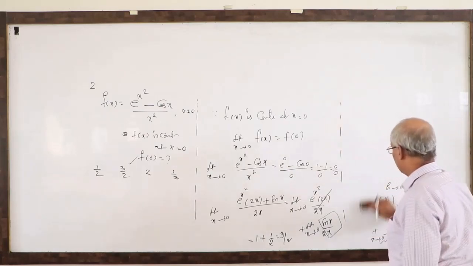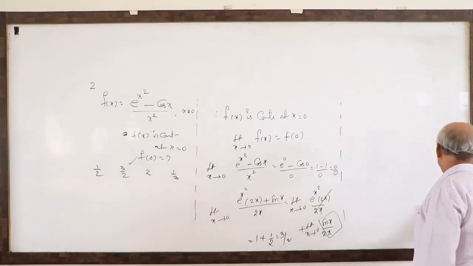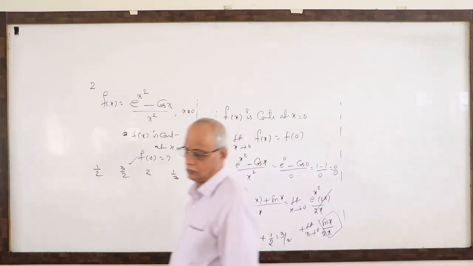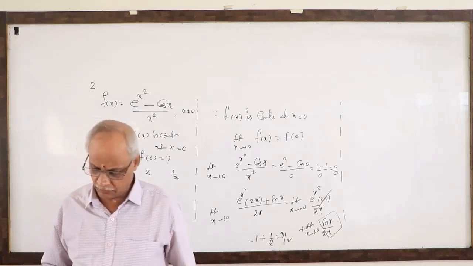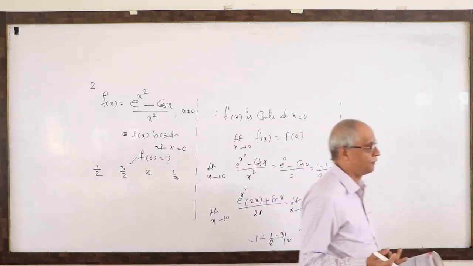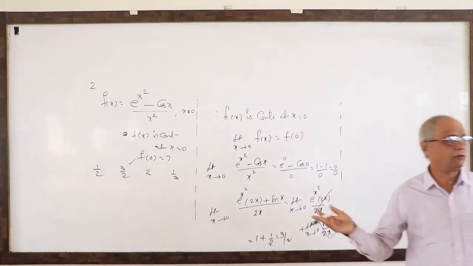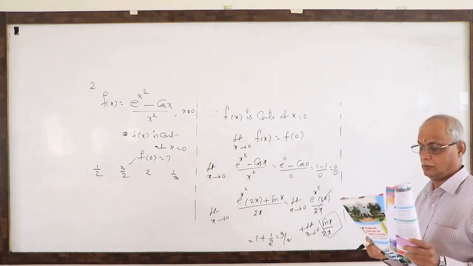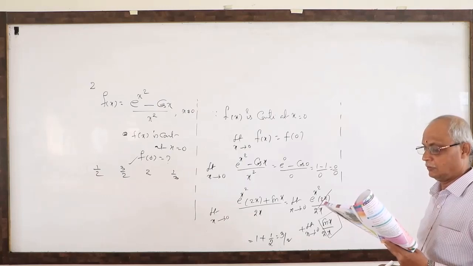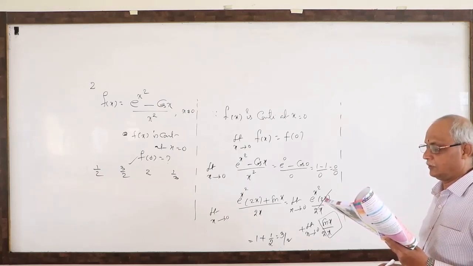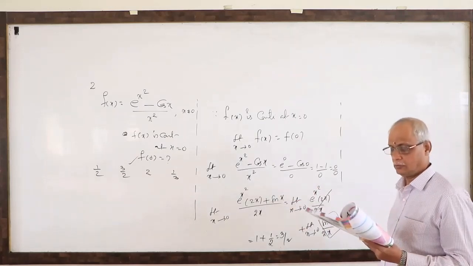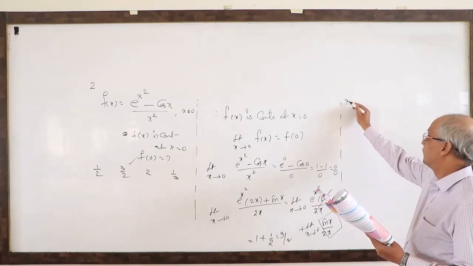So given that it is continuous, to find f of 0 means the limit value only. You get the limit value, finish. Apply the derivative method, the problem will be easy. Now, one more problem I will do. There is a second method also. This is only better for you. Next problem.